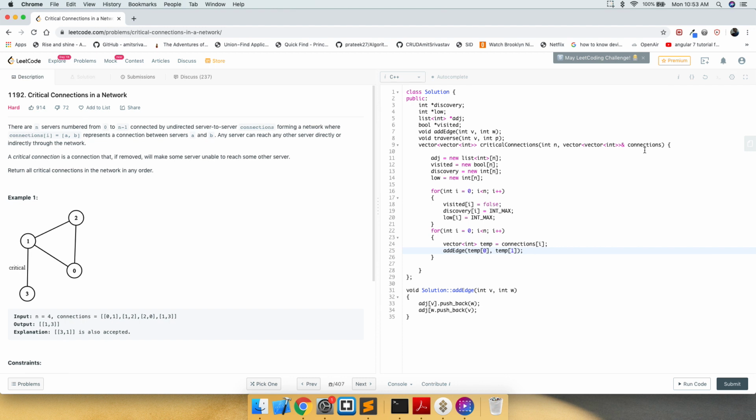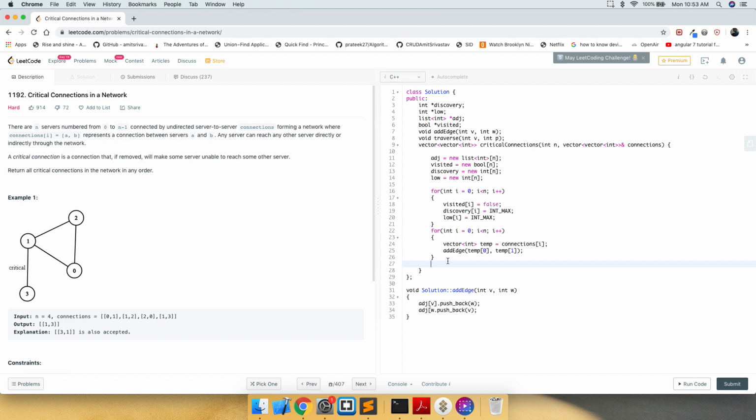What we are doing here is getting each of the connections from the connections list, and then creating an add edge. Let's say for 0 and 1, the 0th value is 0 and the first value is 1. For the second connection, the 0th value is 1 and the first value is 2. So we are establishing, or adding, edges for the graph. When we call add edge, it's going to create an edge between 0 and 1, then for the second time it's going to create an edge between 1 and 2, and so on. So this is just doing that.